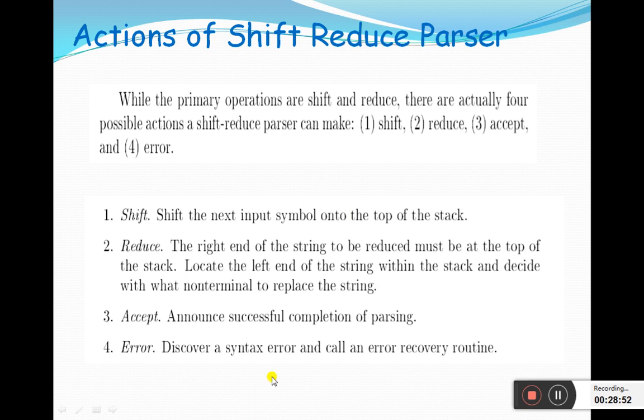So these are the 4 different actions performed not only by the shift-reduce parser but by all bottom-up parsers, including the simple LR parser.